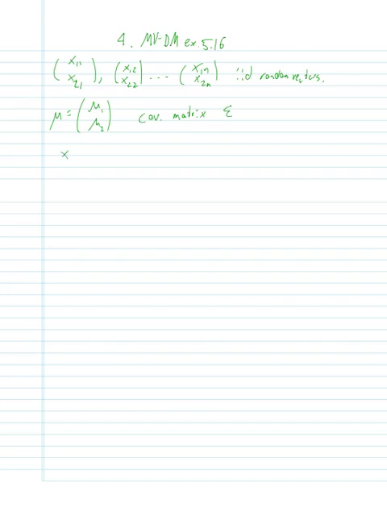Now, the problem states, and this makes intuitive sense, that x1 bar is equal to 1 over n times the sum of all of the x1i's, and x2 bar is 1 over n times the sum of all of the x2i's,